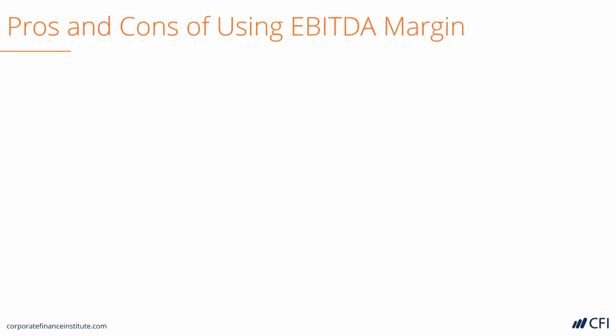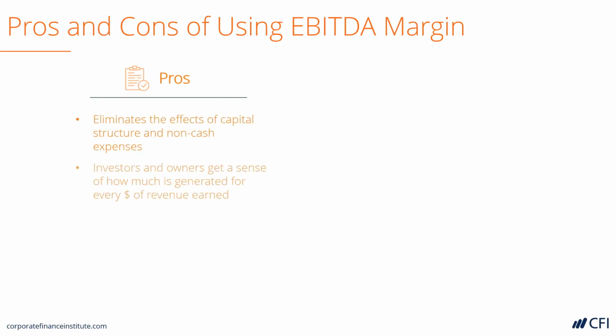Let's look at the pros and cons of using EBITDA margin as a metric. The advantages are that it eliminates the capital structure of a business and non-cash expenses. Because it's before interest, it does not include the effect of debt financing, so it makes companies with different capital